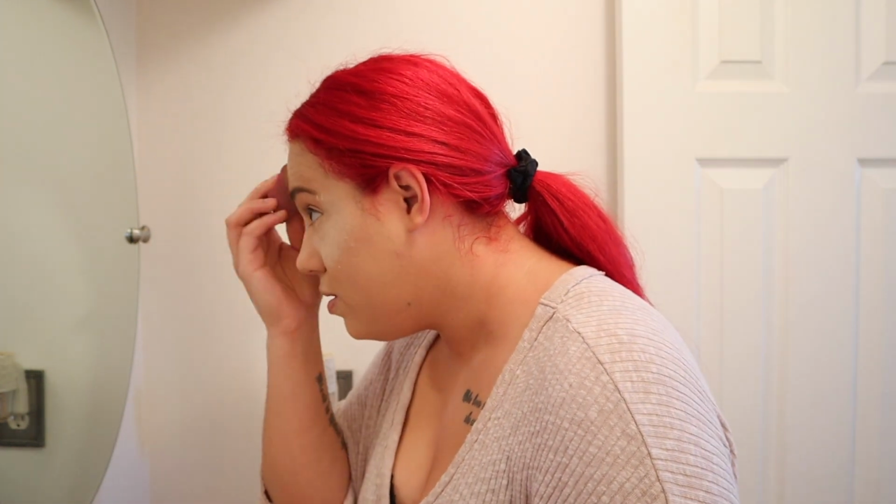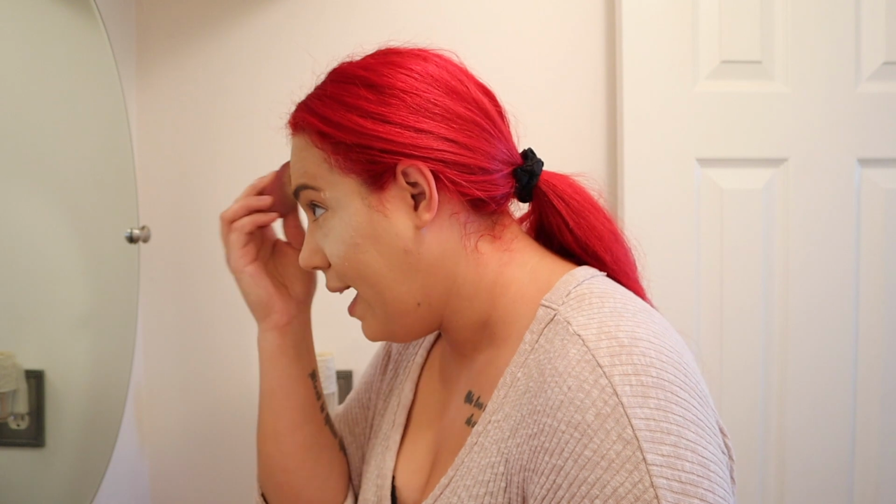So I'm just gonna put my sponge in the lid, get some powder on it, and then I'm just gonna press that in my under eye area. And I don't really blend it in, I just kind of press it and let it sit atop my skin. And then again, I'll drag it down the front of my nose, down the center of my forehead,